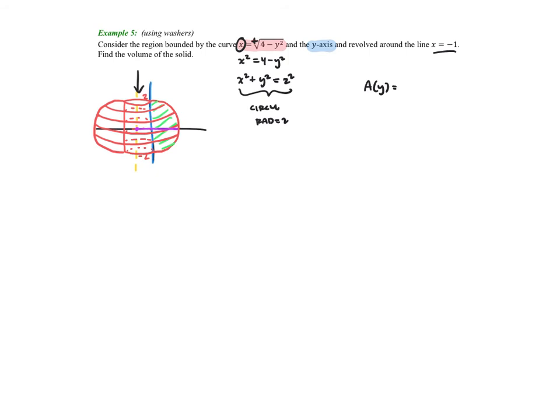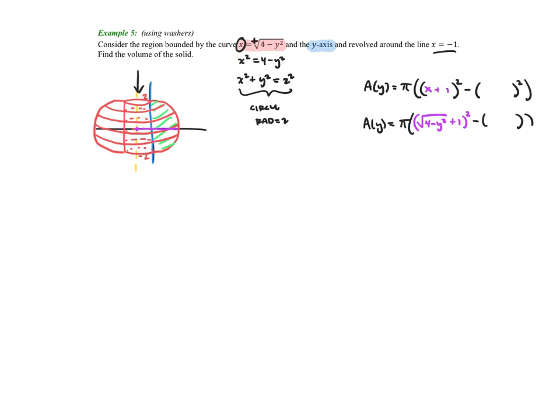So I will have, let me start here, pi times big R squared minus little r squared. Now let's talk about little r after we fill this in. Big R is going to be x in terms of y minus a negative 1. So what would x in terms of y be? Well, that would be the square root of 4 minus y squared, minus a negative 1. So we're going to square that. That's going to be big R squared. So we've got pi times that minus